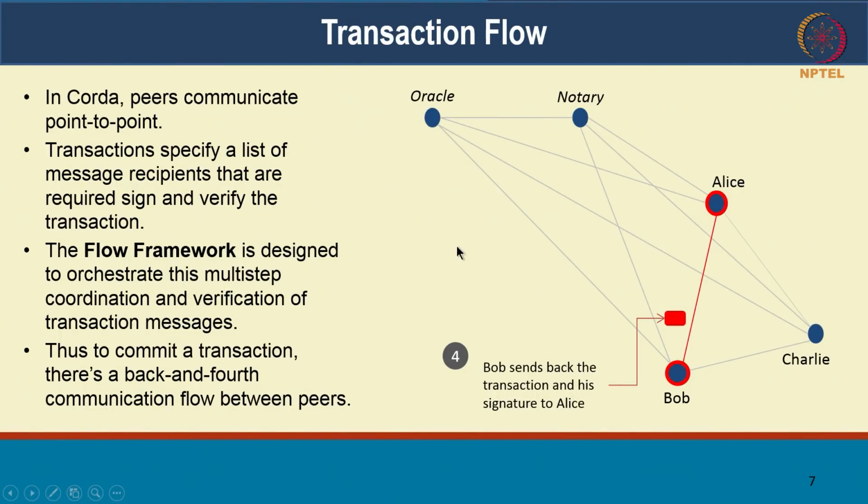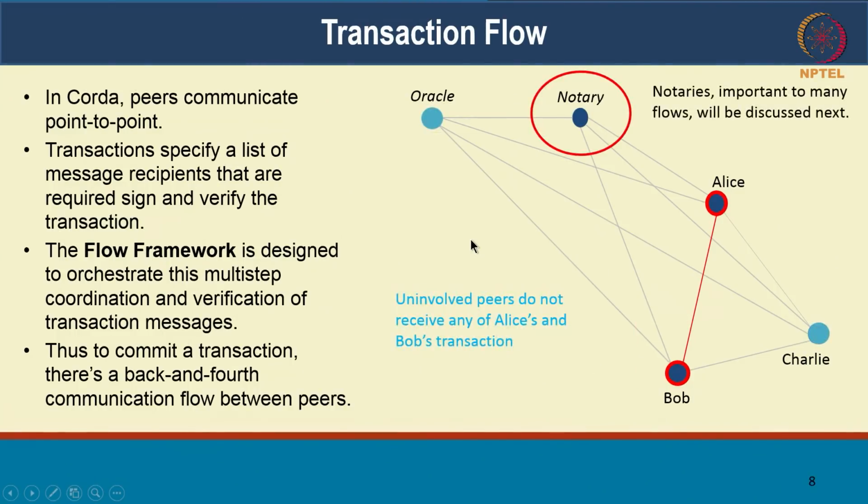Let's say that was all that was needed for this transaction to complete. This transaction could potentially be sent to a notary, and the notary can attest to the fact that no double spend has happened in the network, for instance. It provides certain functionality. The notaries can also be part of the flow itself, and that is also captured before transaction finality is reached.